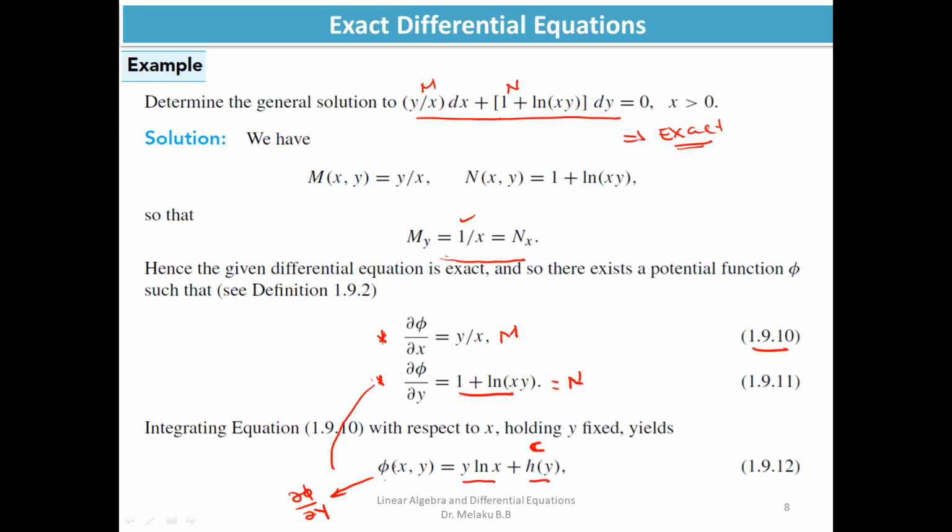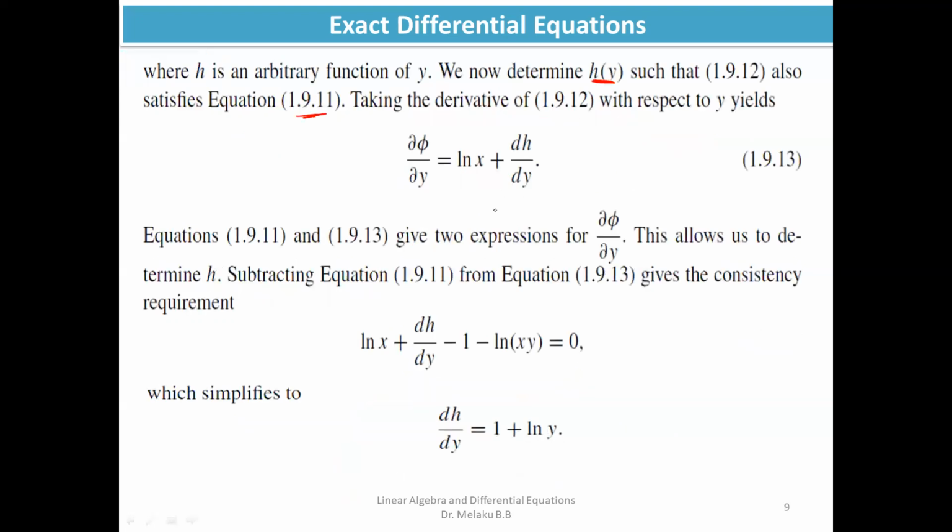Upon differentiating phi with respect to y, it must satisfy 1.9.11, so we have to equate. You can say that partial of phi with respect to y is ln x plus dh by dy, and upon equating with 1.9.11, we will obtain dh by dy, and this dh by dy is an ODE, an ordinary differential equation,